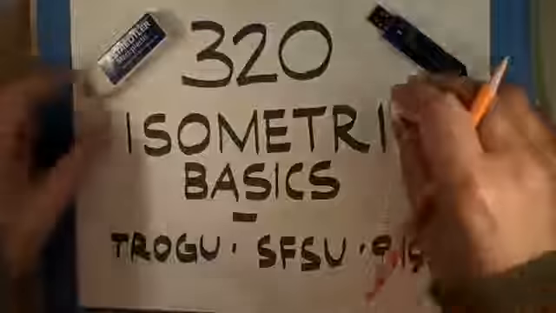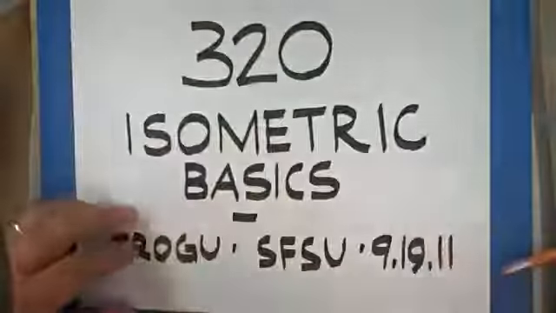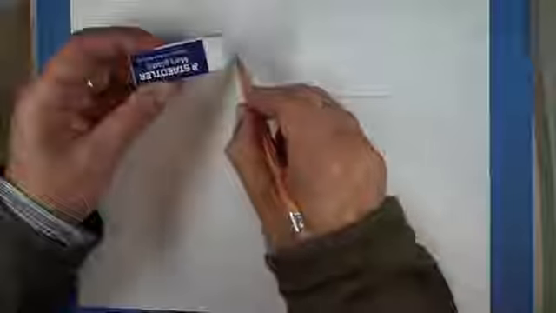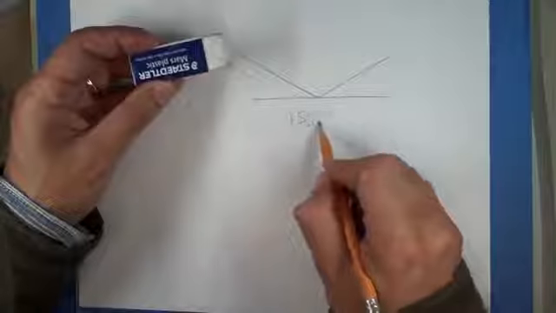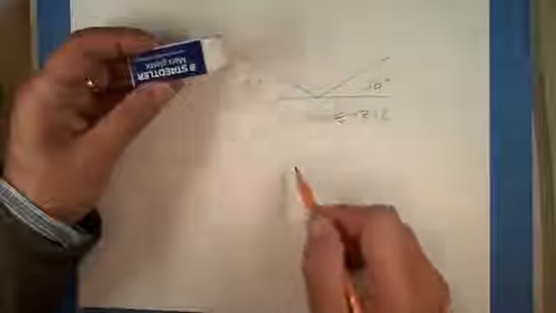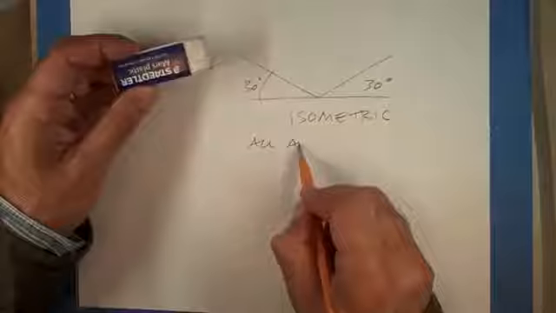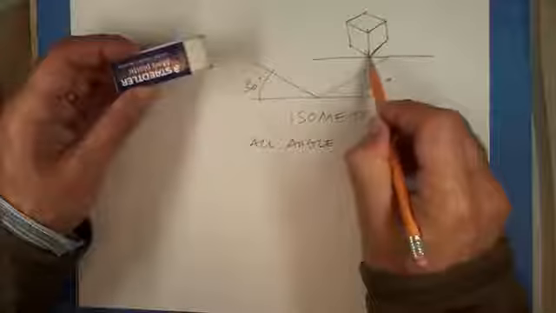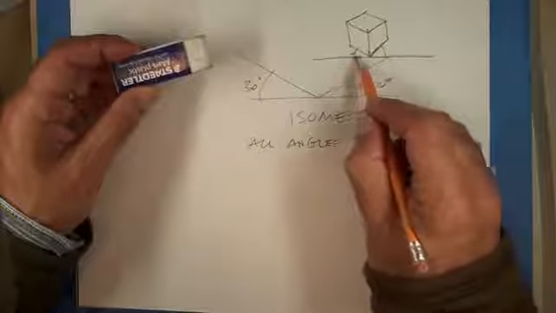Isometric basics. I will try to go over just the main aspects of the object you're trying to draw. And again, when we refer to isometric, it just means all the angles are the same, okay? So I'll write that down, all angles. In other words, if you had something as regular as a cube, that just means that this angle and that angle are the same,